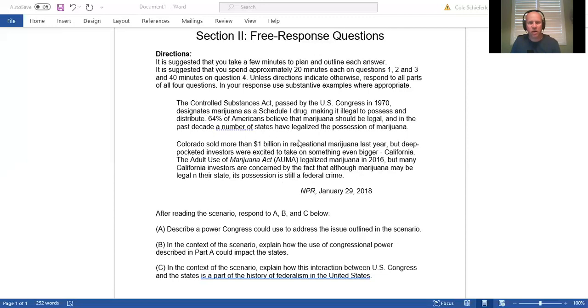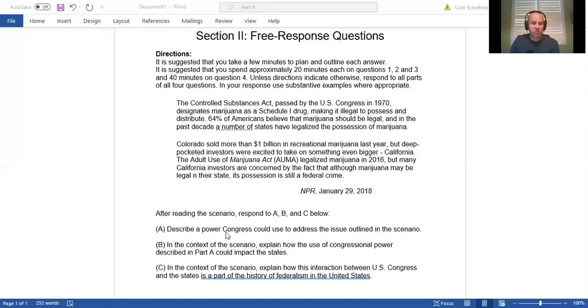What now? We just need to summarize in our head what this is asking us. Many states are allowing marijuana to be a legally possessed drug, right? And many states are passing marijuana legalization laws, but investors are concerned about investing in marijuana because it is still a federal crime. So we're translating this issue. We're looking at the Controlled Substance Act, where federal law and state law are conflicting with each other. That's what this quote is about, and that's what I want you to do as you read the quote: just translate it. Break it down and understand what the quote is saying. Okay? Now, here we go.